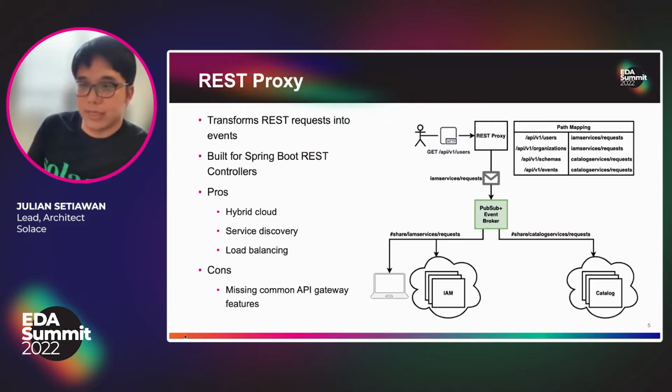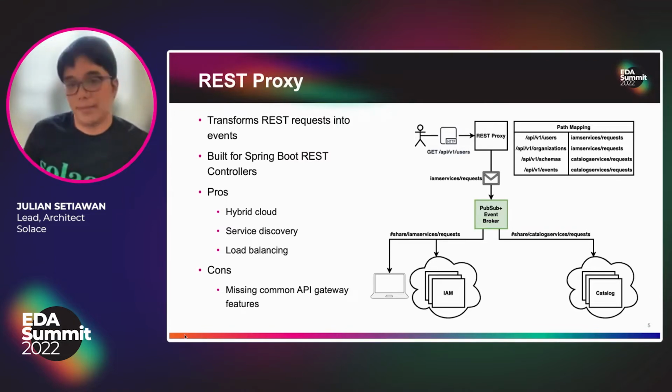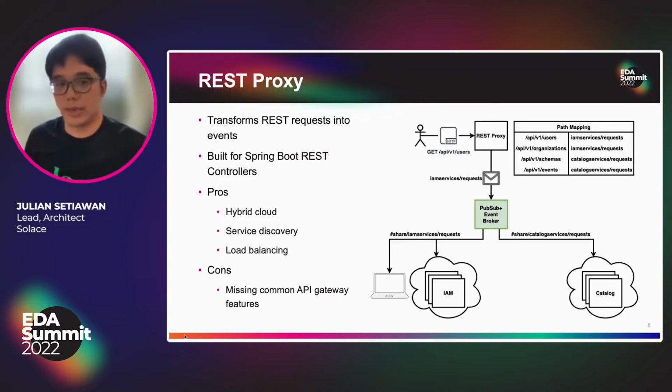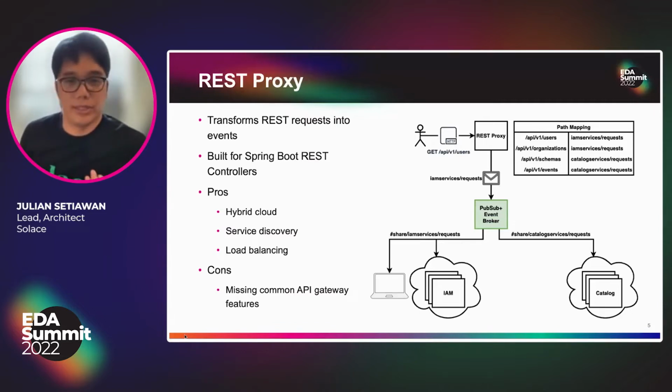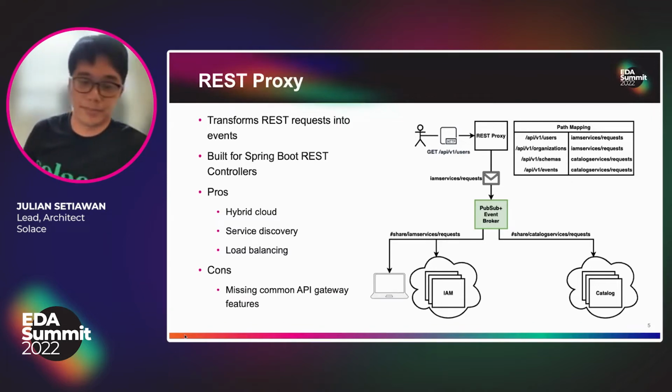Some of the pros of this solution is that we got a lot of stuff for free. First, there was hybrid cloud, like we first talked about. It lets us deploy our microservices anywhere, really. We just need a connection to the broker. There are no complex network diagrams. It's just a single TCP connection back out. And this really helped in development because developers could just connect their laptops to these different topics and start acting as another instance in the cluster. So in staging, if we seem to have an issue with a misbehaving microservice, we could take it offline, connect our laptops, and we'd be debugging locally.